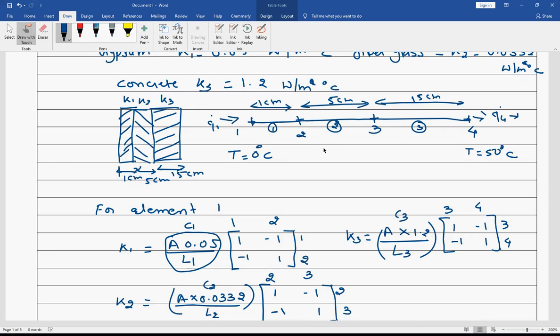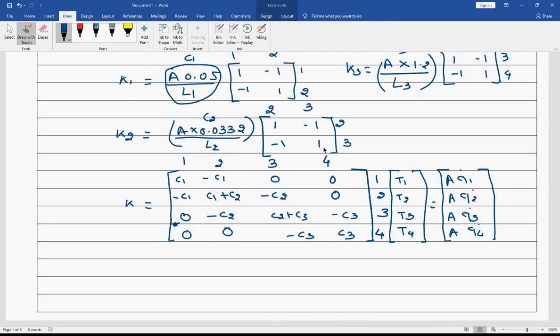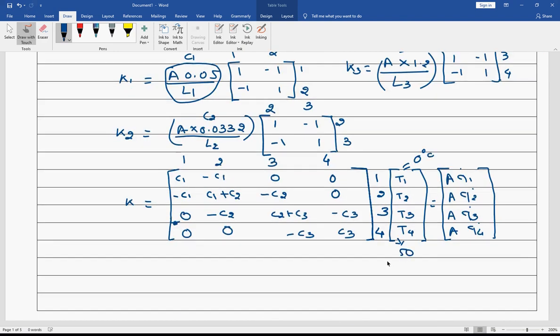So additionally I can supply the heat, because heat is supplied, there is a temperature variation. So presently we are aware of there is a temperature variation. Now I have been given the value of T1 to be 0 degrees Celsius and T4 to be 50 degrees Celsius. So as we know, in case of elimination approach, since these values are known, I can go with the elimination approach. But one more important thing is that can I go with elimination approach directly? For 0 I can go, but for this